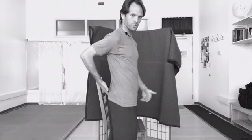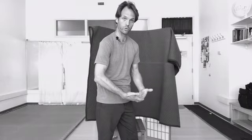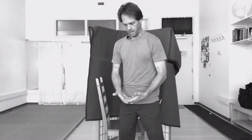So what's pelvic floor dysfunction? It's a much deeper topic you can get into, but the pelvic floor is like a hammock. It's the muscles that connect the back to the front of the pelvis underneath you, and they hold all that space underneath, and they serve the function of things like holding your organs in place and also